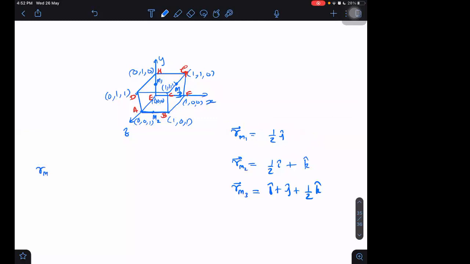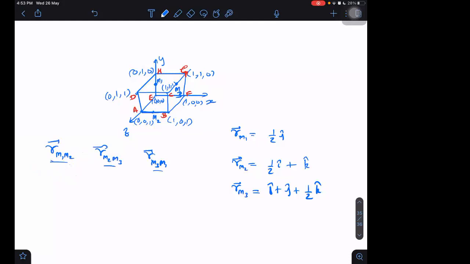One, I can say RM2 minus RM1. What is that? That is the position vector of M2 with respect to M1. This is one. What are the three possibilities? Let me write all three. One is the position vector of M1 with respect to M2. Second is the position vector of M2 with respect to M3. And third is M3 with respect to M1. These three vectors are possible, and I have to find the angle between these three.